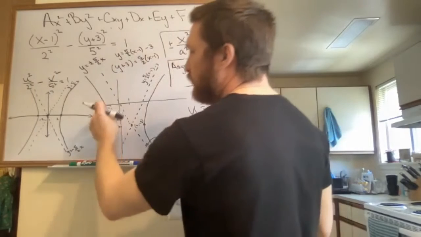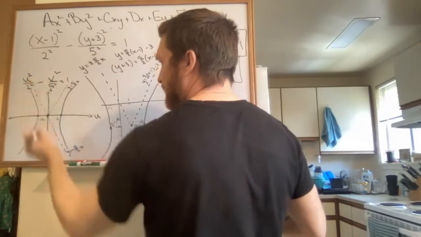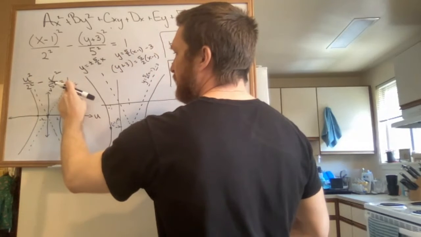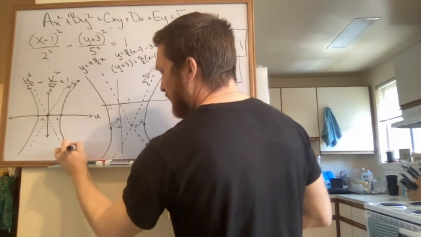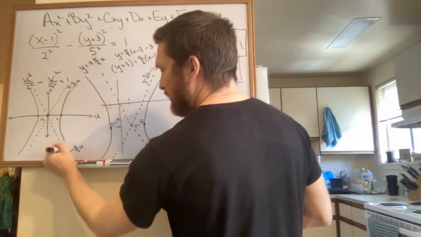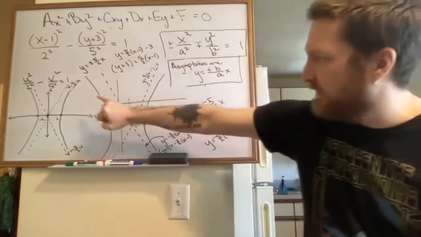Well, then this wouldn't be x and y. This would be a u and a v. And then in this last step with these